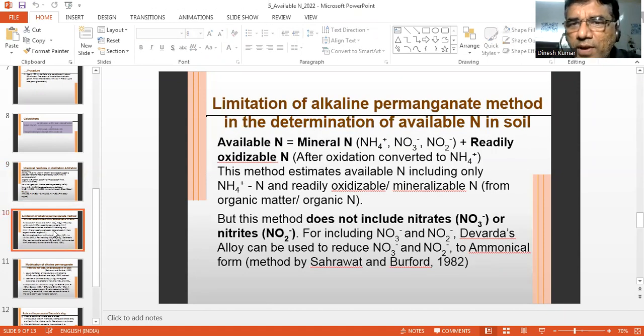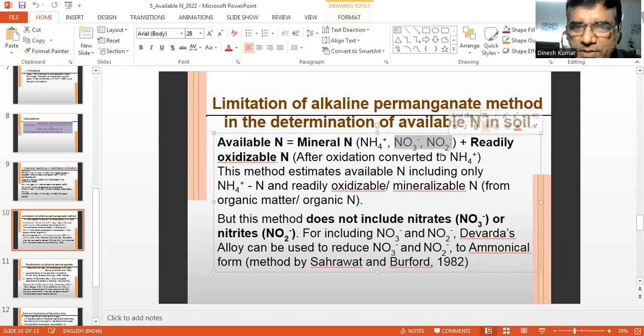Now, limitations of alkaline permanganate method. The only limitation is that it will not estimate the nitrate and nitrite nitrogen. Available nitrogen, however, is mineral nitrogen, ammoniacal, nitrite, nitrate, plus readily oxidizable nitrogen after oxidation converted to ammonium. This method estimates available nitrogen including only ammonium nitrogen and ammoniacal nitrogen and readily oxidizable or mineralizable form from the